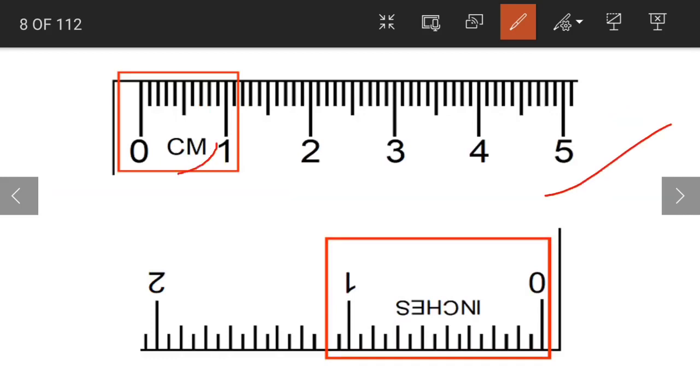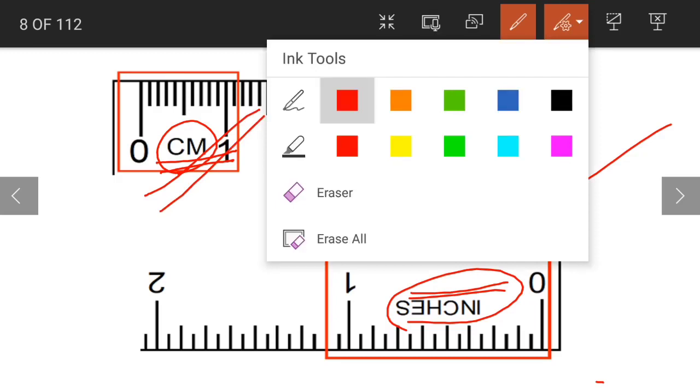So yes, this is our scale. Now if you observe on the scale, again we have two. One is the centimeters and the other is inches. If you look at the scale like this, on top we have the centimeters and at the bottom we have inches. What do we use normally, children, to measure lengths using the ruler? We go for the centimeters.